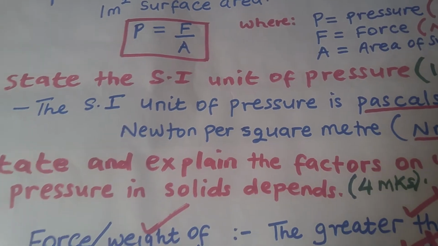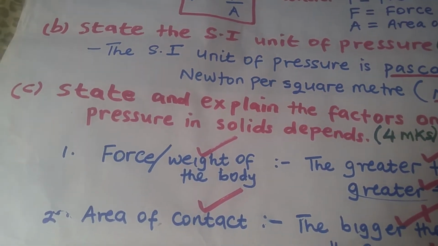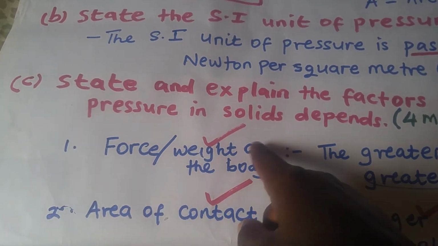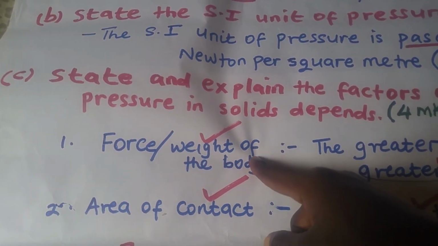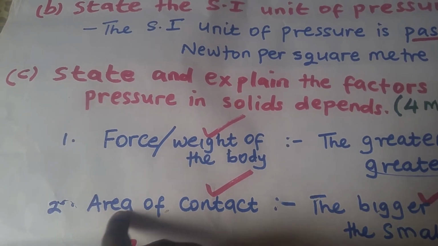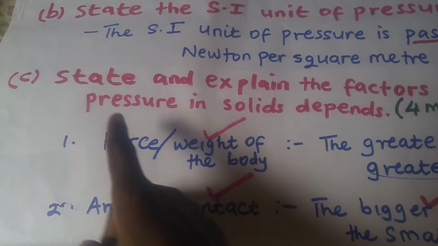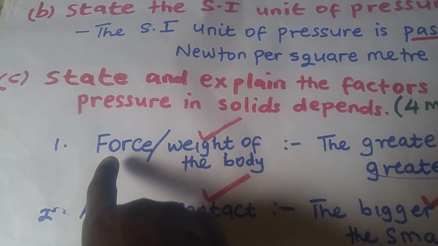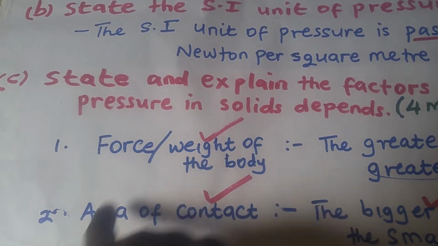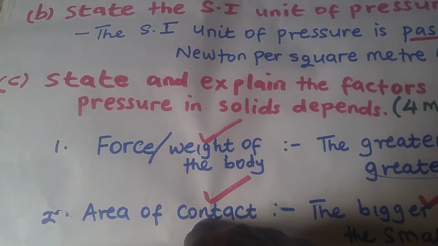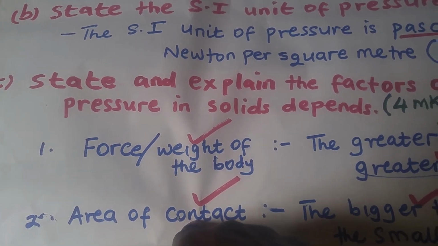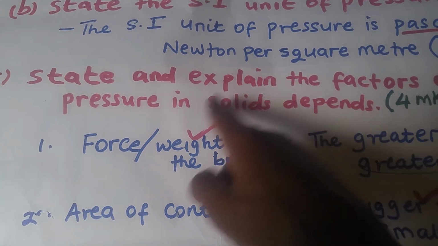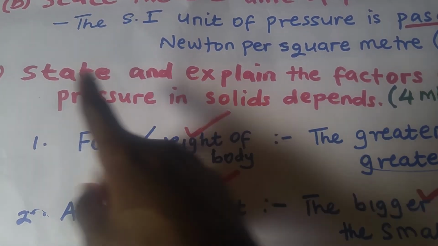So let us put that in writing. State the factors. The factors are force. Force is the same as the weight of the body. Then the other factor is area of contact. So if this person had said state without explaining, you would just mention this force and then area of contact and you are through. But since he or she wants you to explain,